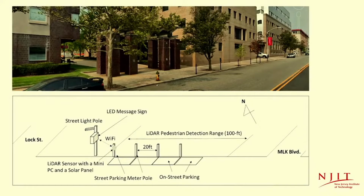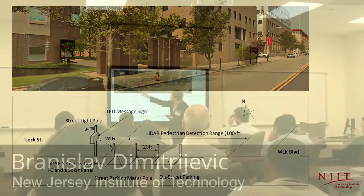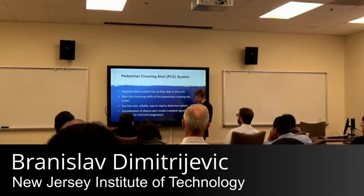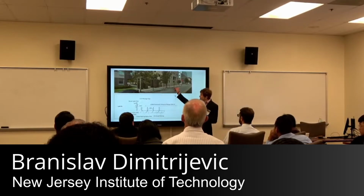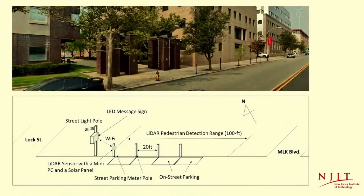So what we did, and you'll see the pictures, is we put these devices here, and we directed the LiDAR essentially along the curb. The LiDARs that we used actually had 100 feet range, and they were very accurate. We tried crossing at 10 feet, 20 feet, 30 feet, and the accuracy was spot on, almost 100%. The only challenge was to line it up so that it doesn't hit